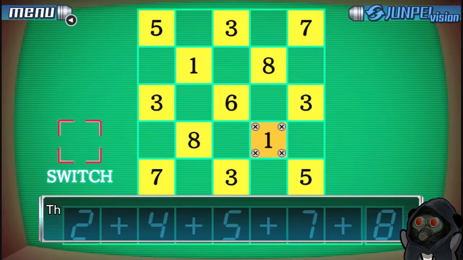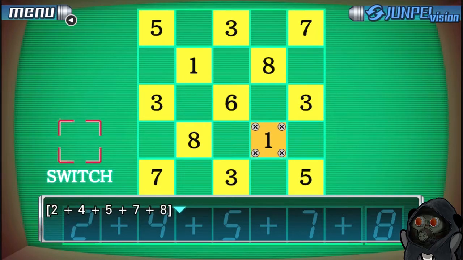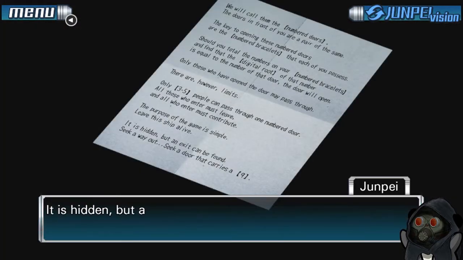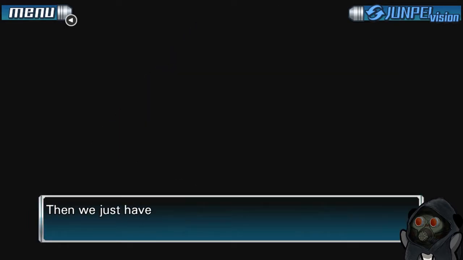Wait, of course. That's what the numbers that showed up after the puzzle mean. 2 plus 4 plus 5 plus 7 plus 8. Oh my god. Snake plus Clover plus Junpei plus 7 plus Lotus. Then, door 9. No, that's it. The number on the door isn't a 9. It's not even a number. It is hidden, but an exit can be found. Seek a way out. Seek a door that... Holy shit, of course. Then we just have to put the right numbers into the red and...